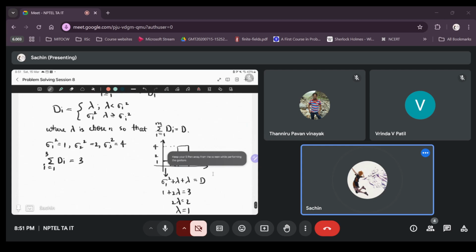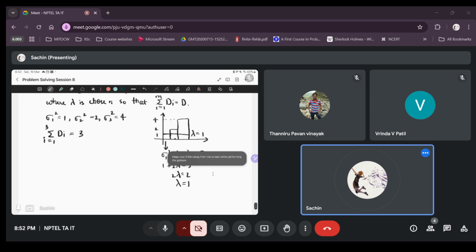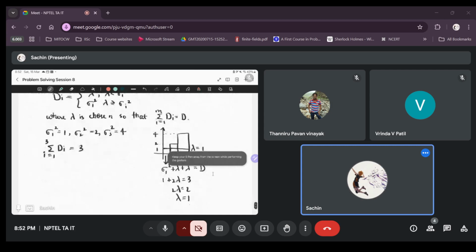Because if lambda is less than sigma i square, then d_i is lambda instead of sigma i square. So I'm not sure if there is a configuration of sigma i squares and distortion constraint D for which this